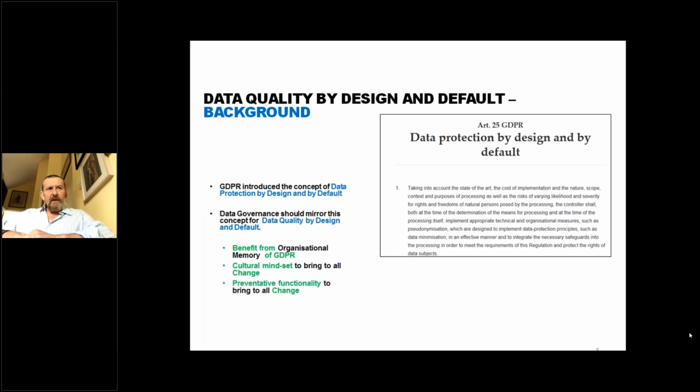And that's why I've come up with the phrase data quality by design and default, because it's exactly the same thing: to get data quality into the DNA of the organization, into just the way we do things, into the mindset, and build it into change. Now, at this point in time, GDPR should still be in the organizational memory. It was a big ticket item 2 years ago. It should still be a big ticket item, and I'm not sure in the organizations you're in whether it stayed as big ticket as it should be, or whether it's drifted into the background a bit. But this idea of data protection by design and default should be part of your organizational DNA now.